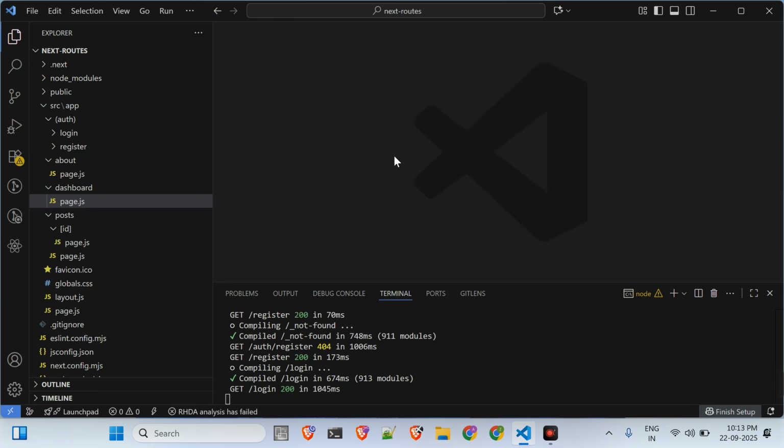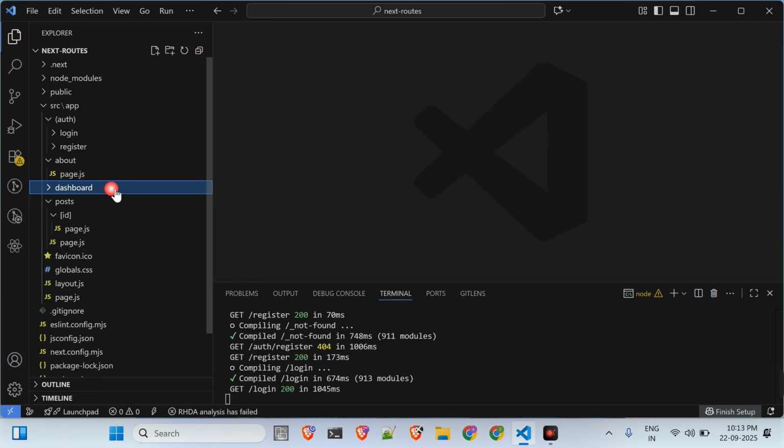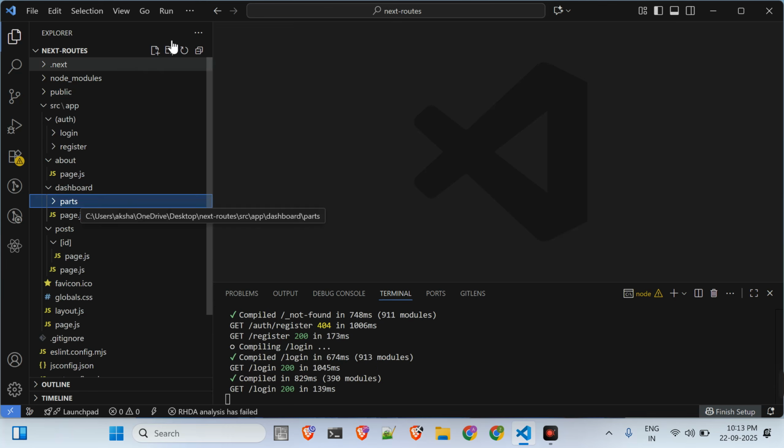and also we can create nested routes. So suppose this is the dashboard, and inside of the dashboard I have to create some other folder. Suppose I want to create something called parts. I'll say parts, and I have created the folder called parts. Then again inside of this I will create page.js,